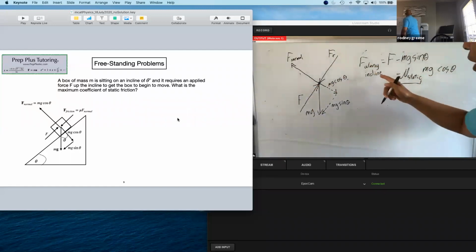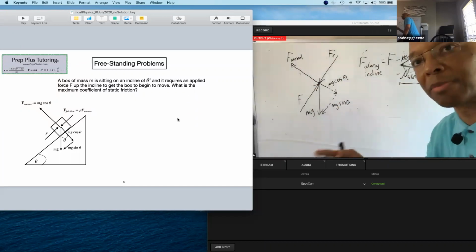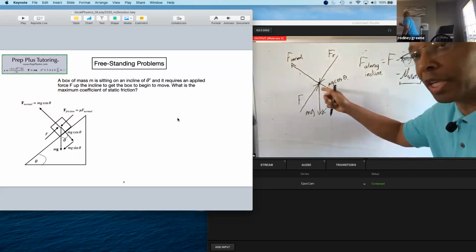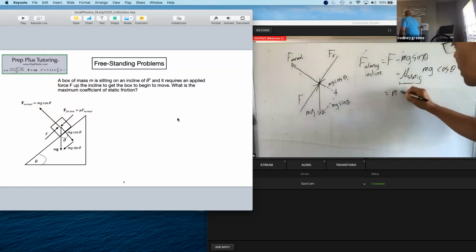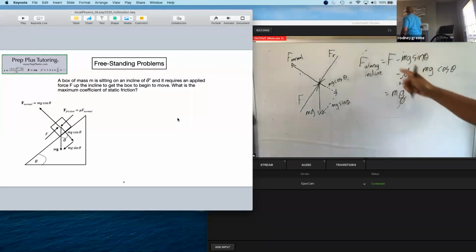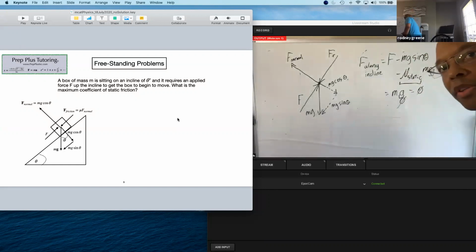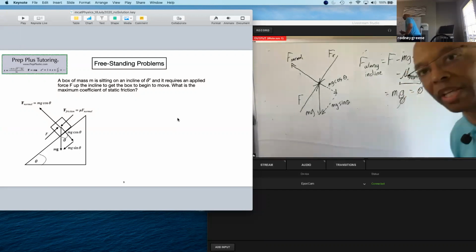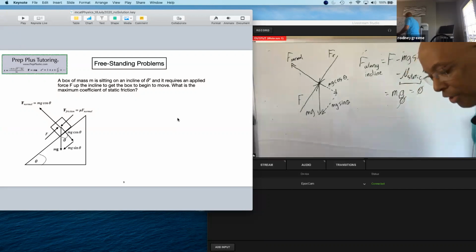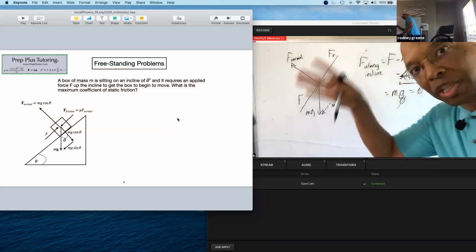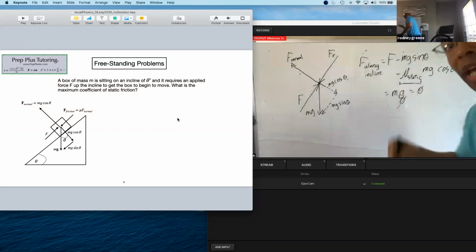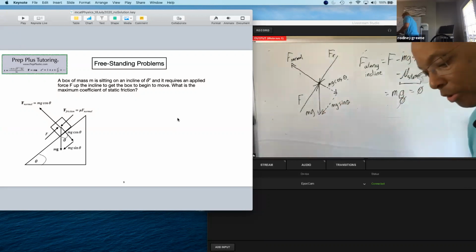So the force along the incline, the net force, is equal to mass times acceleration. It's not moving, so mass times acceleration is 0. So all of this equals 0. So then we can solve for the static coefficient of friction, which is what they asked for in the question. That's just an algebraic manipulation. And so the question would give you 4 choices. You solve for it, and the correct choice, that's what you indicate on your test.